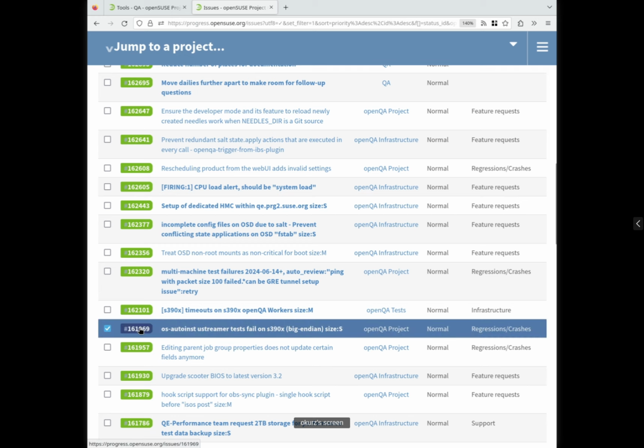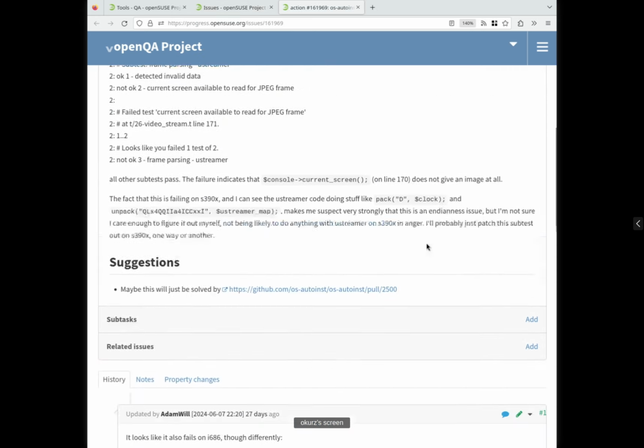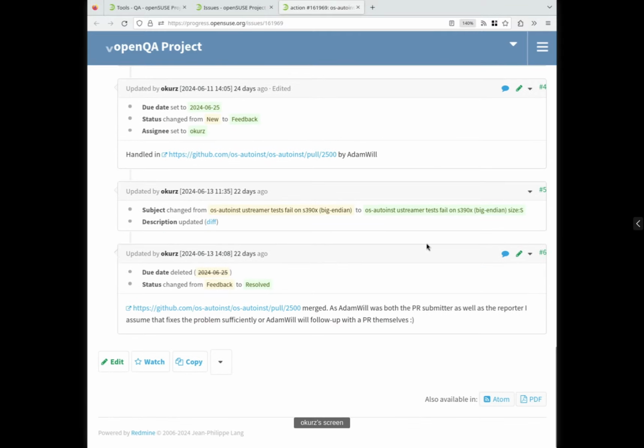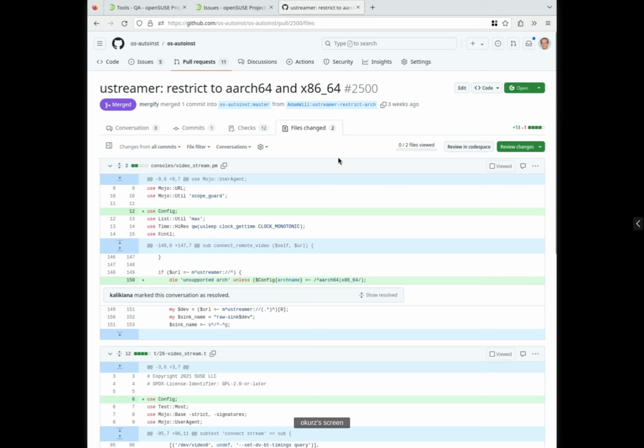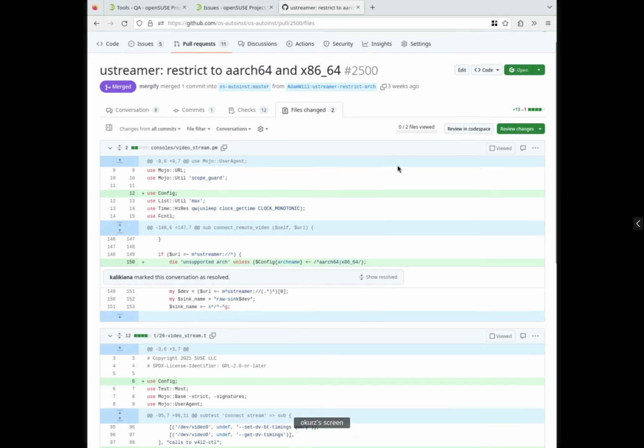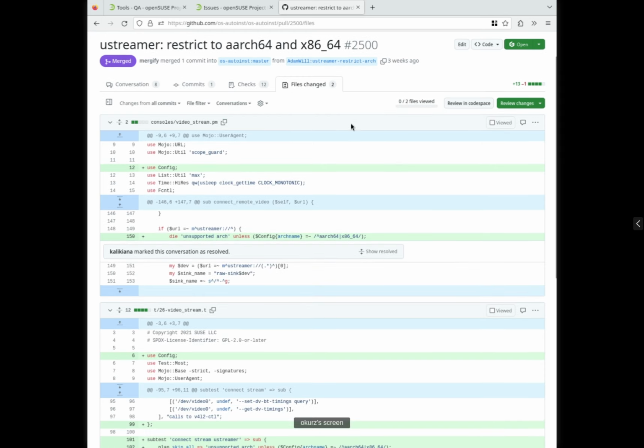false audience tests for S390, which was interesting. So thanks to Adam Will for handling that. Okay, right. So this is basically about the not too old new module here, which is not usable per se on some architectures.